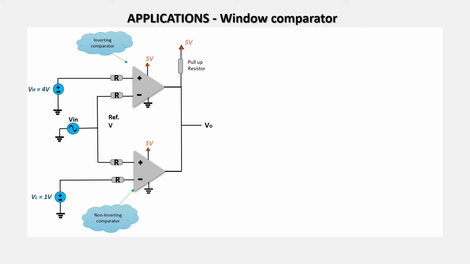This acts like a wired AND connection. I will tell you why. If you notice, plus Vsat of both comparators is plus 5 volt. Minus Vsat of both comparators is 0 volt. We know that the comparators output either plus Vsat or minus Vsat, so these comparators will give output either plus 5 volt or 0 volt. When the output of any one comparator is 0 volt, the output of the window comparator is also 0 volt. So this is a wired AND connection.